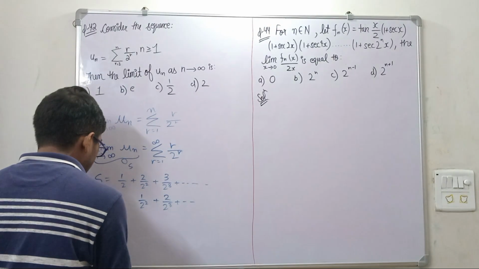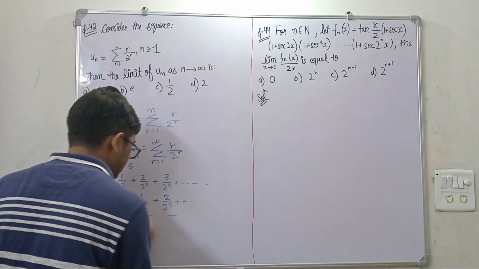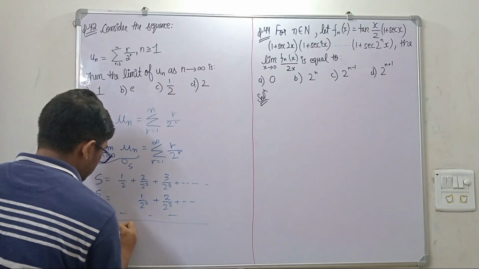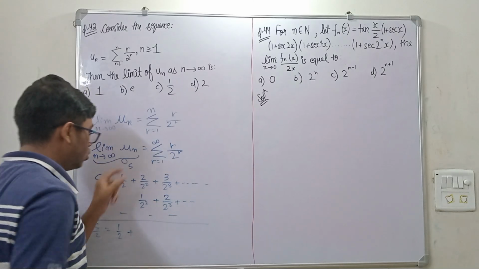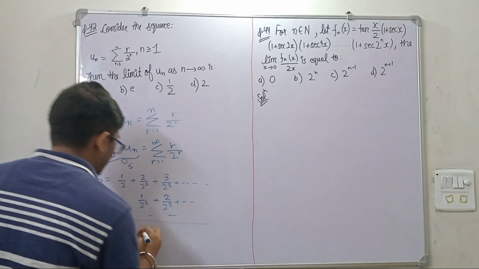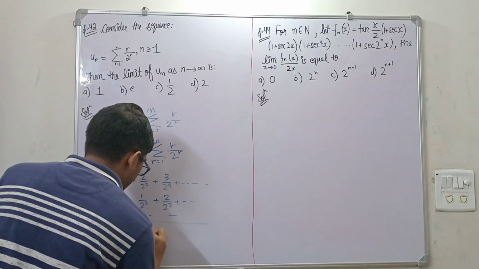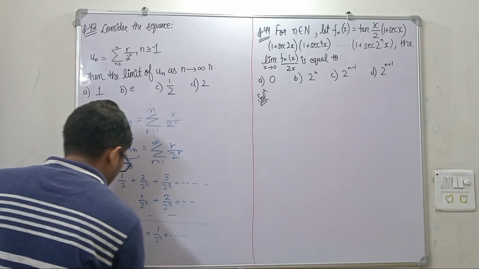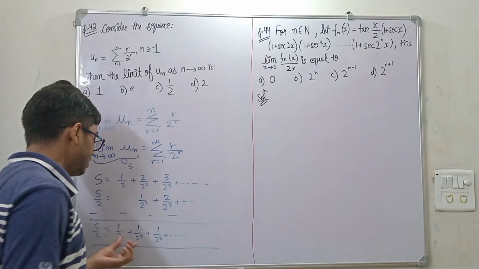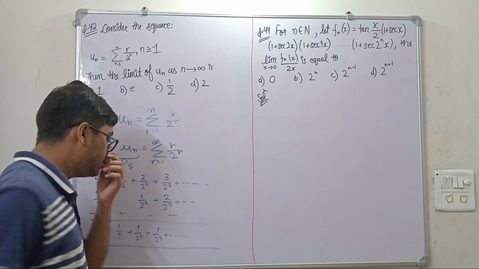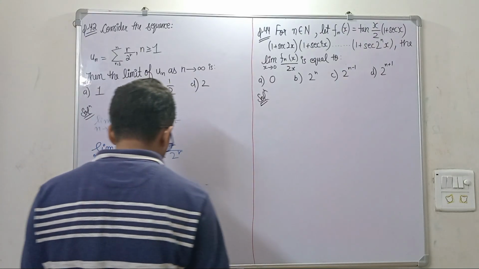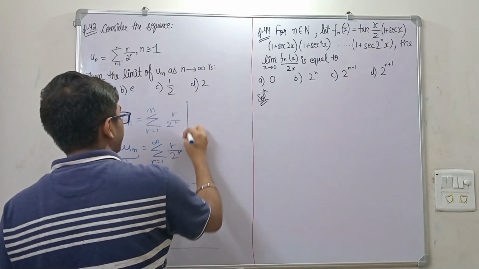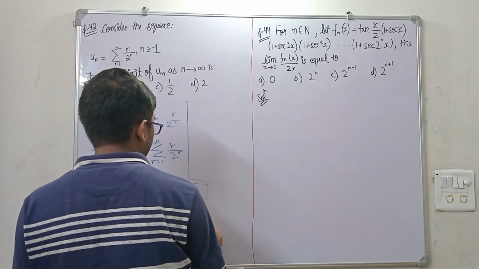Okay, and you have to just subtract this series. So S minus S by 2 is S by 2, and it equals 1 by 2 plus (2 by 2 squared minus 1 by 2 squared), which is 1 by 2 squared, and this will be 1 by 2 cube, and this will go until infinity. So what benefit did we get from here? This has become an infinite GP. You can see this is an infinite GP, and we know how to solve an infinite GP. You have learned the formula in basic maths.